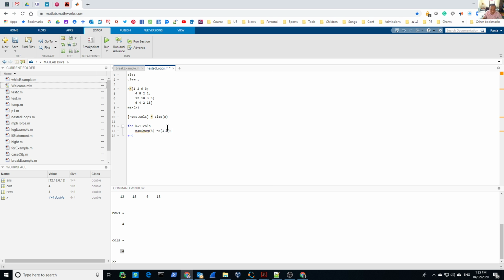Again, what we are doing now is looping through the columns. For the first column, we're going to use row 1. Row 1, column 1, row 1, column 2, row 1, column 3, row 1, column 4. So we'll be checking basically this one in here to find what is the maximum. Then we could create a nested